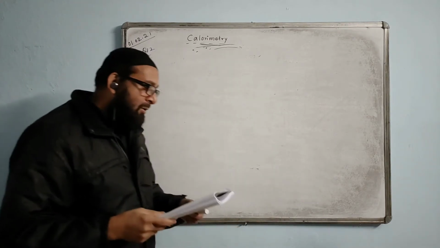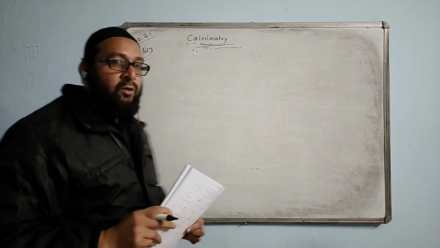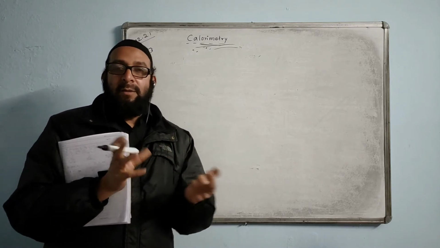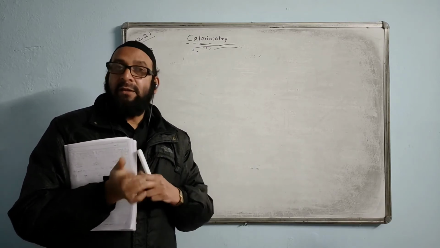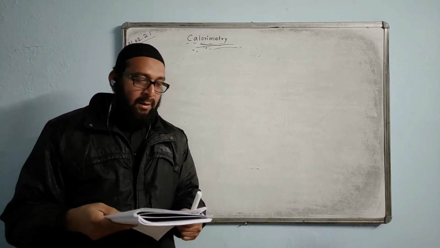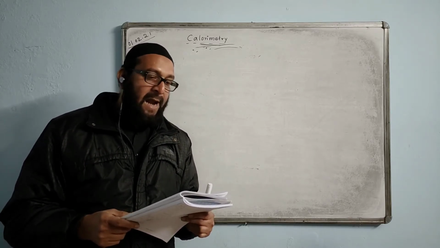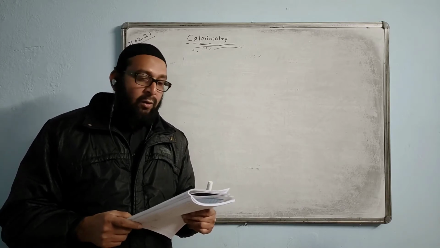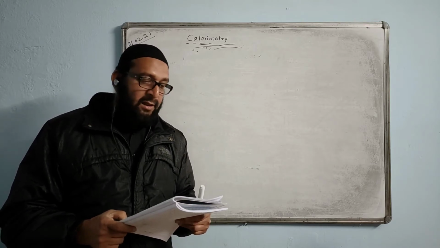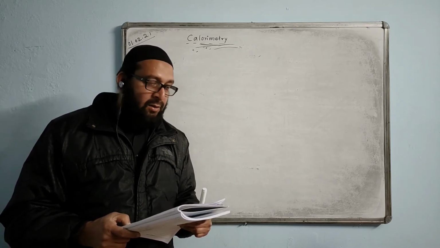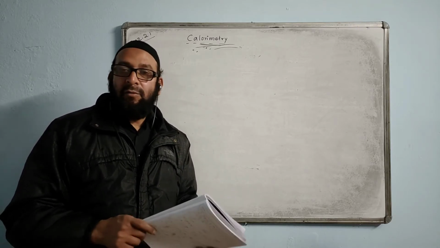Now I'll talk about question number 13. This question is about the mixing of ice with something. Here also calorimetry is involved, with change of state also there. The question says a certain mass of ice is added to 50 gram of water at 40 degrees Celsius. The water cools to 10 degrees Celsius after adding ice. Find the mass of the ice needed. Latent heat of ice is given and specific heat capacity of water is given.